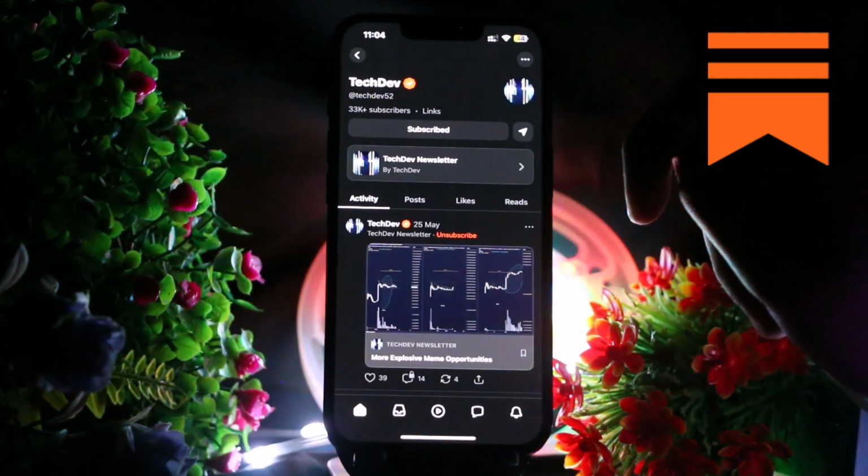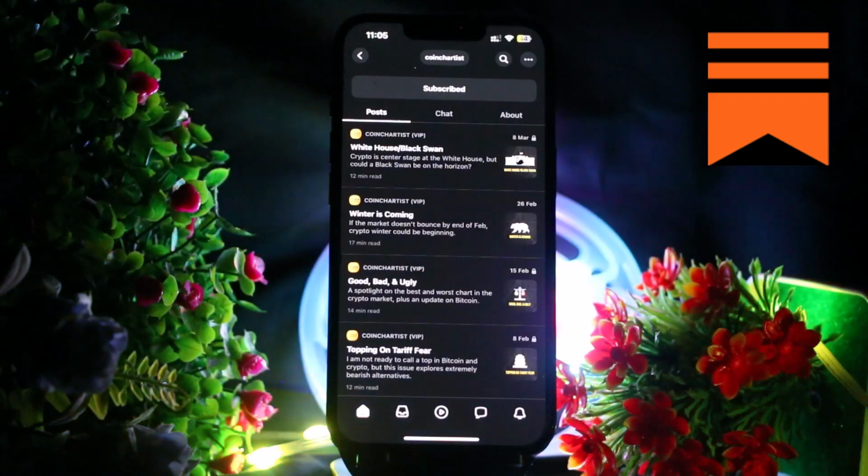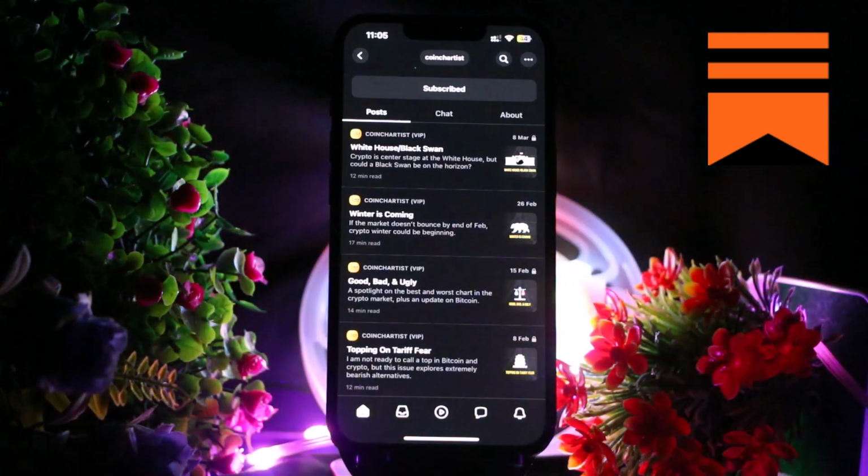And if you click on the option of this, then you will see the option of subscribe or upgrade if you are a free subscriber. So if you are a free subscriber, then you will see the option of subscriber upgrade, and you need to select a paid plan, and after doing all of it, you need to complete the payment method and you will be able to be the paid subscriber on the